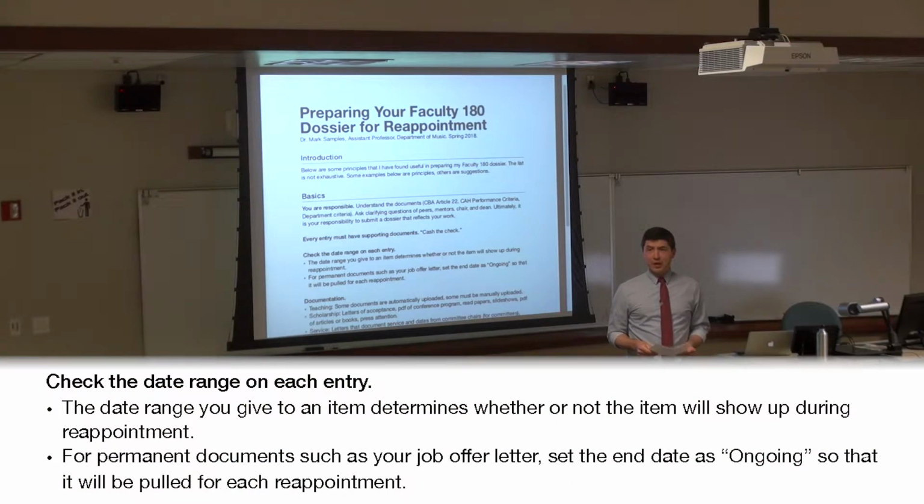One of the things that I found frustrating are the date ranges. Anyone struggle with those date ranges on Faculty 180? You have to put in the starting date range, you have to put in the ending date range, and if it's something that's ongoing, it's something that's ongoing. But the importance of this is that it determines whether or not it shows up in the review on the other side. And if you don't